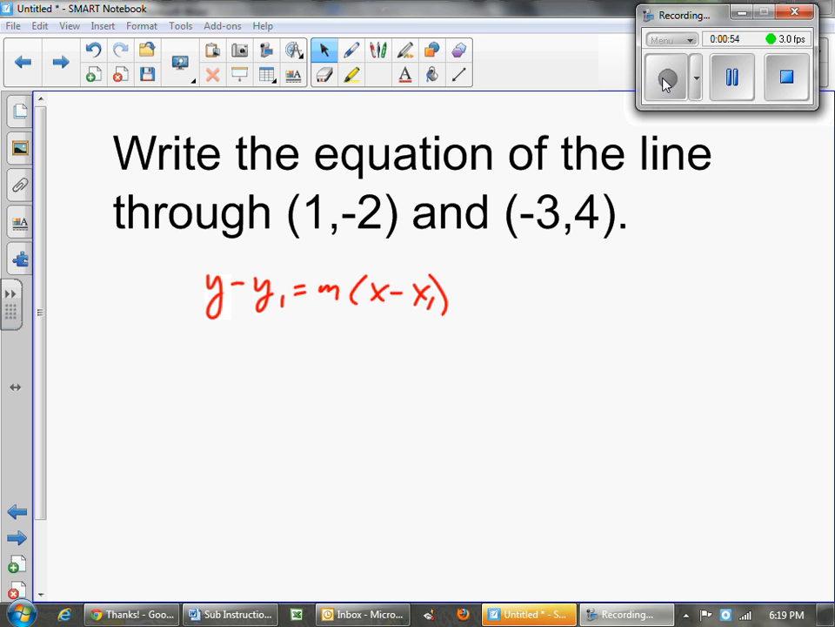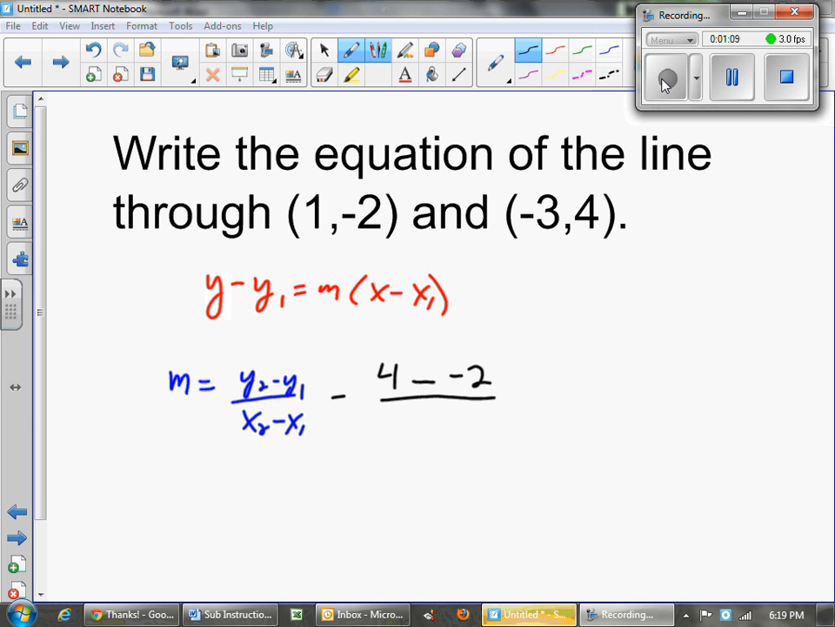So we'll find the slope first. If you don't have the slope equation memorized, it'll be a good one for you to get down. We're going to go y2 minus y1. My second y is a 4, and my first y is a -2. My second x is a -3, and my first x is a 1. So we do the arithmetic on this, and that will simplify down to 6 over